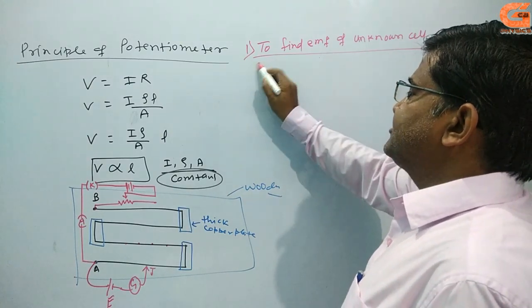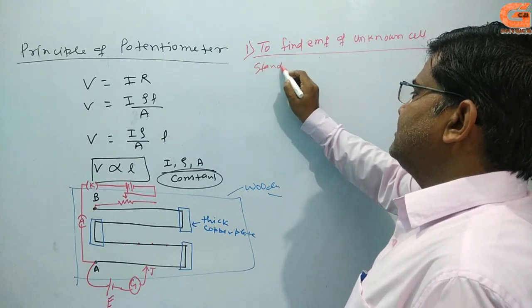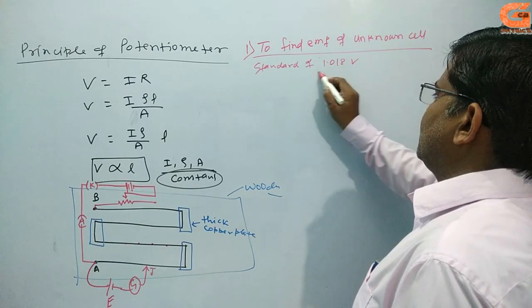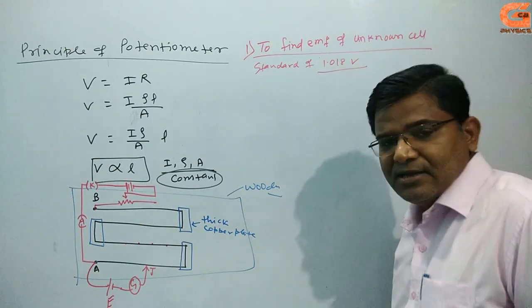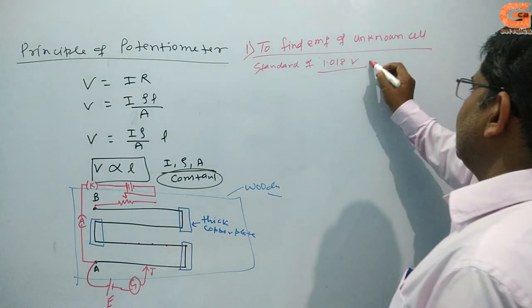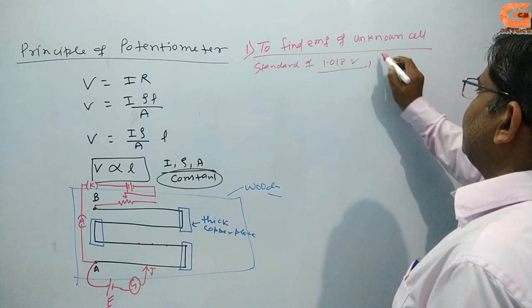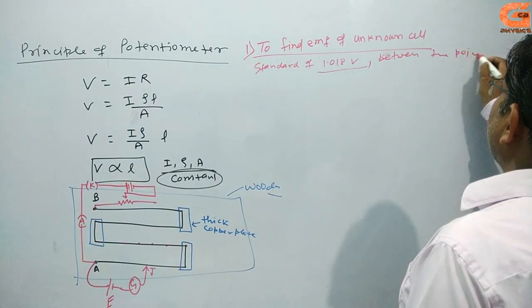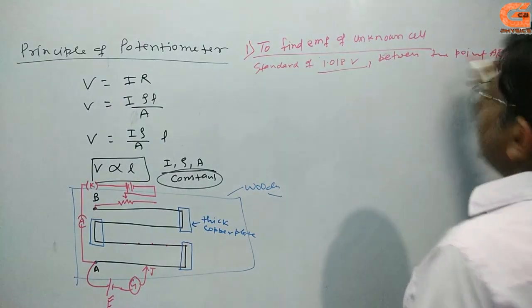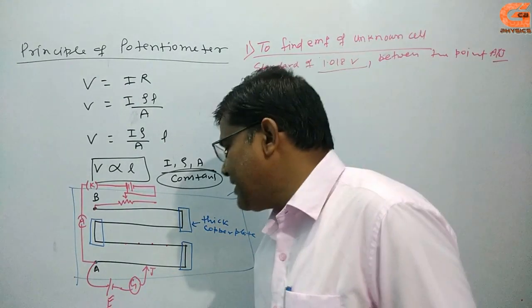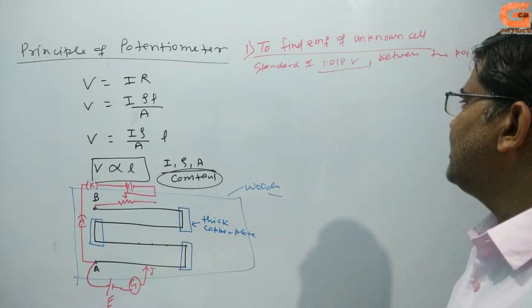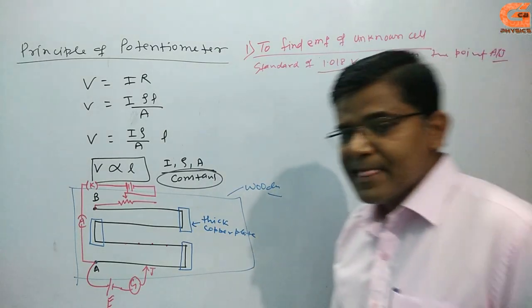First of all, I connect a standard cell of 1.018 volt of potential difference between the points A and J. A और J के बीच में सबसे पहले एक स्टैंडर्ड सेल लगाएंगे जिसका वैल्यू होगा 1.018